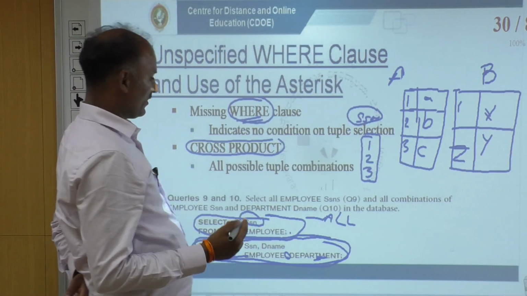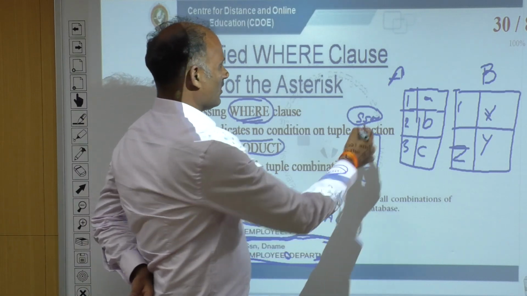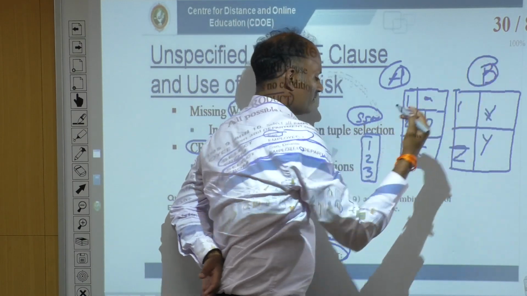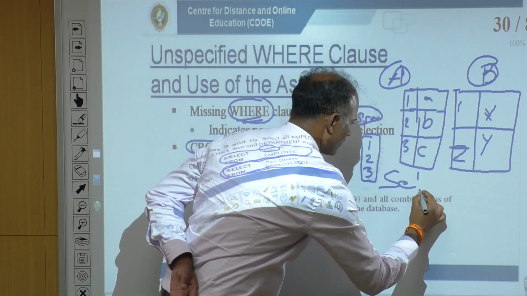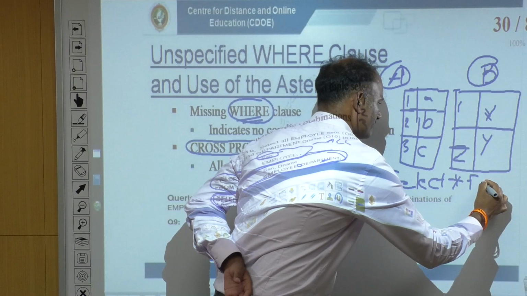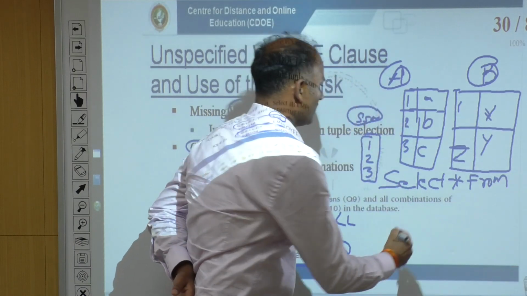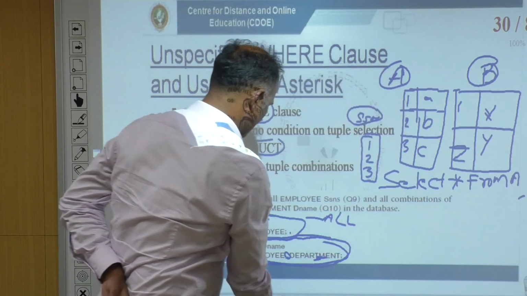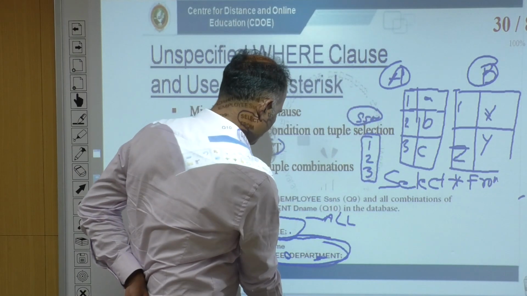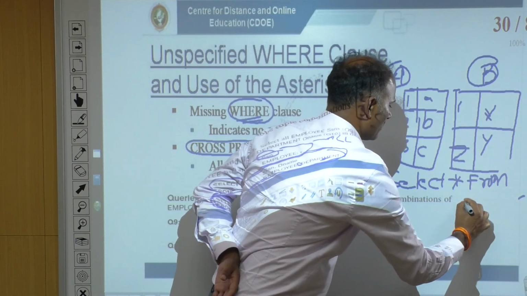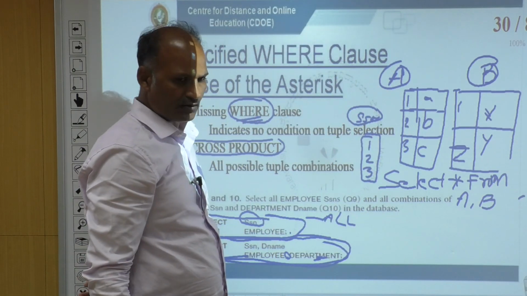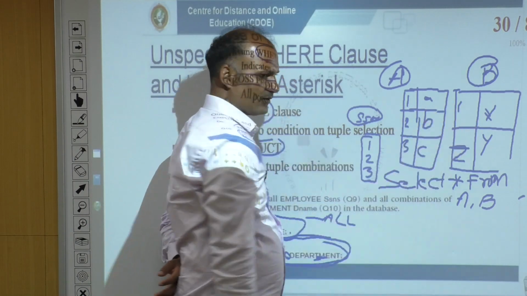If you try to display the data from both of the tables A and B, we can write an SQL statement like this: select star from A comma B. In such a case, it is trying to display the data from both of the tables, but what are the number of records that you get in the resultant table